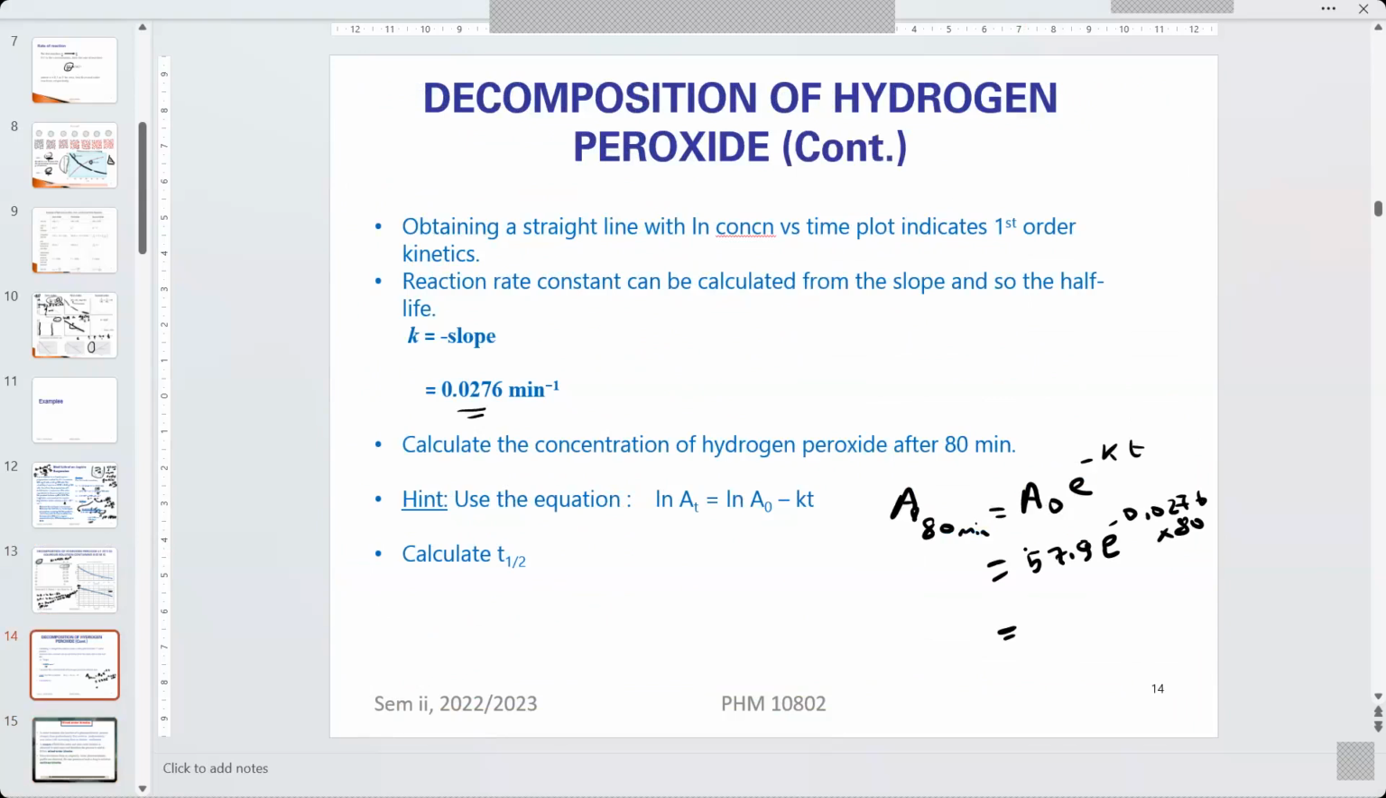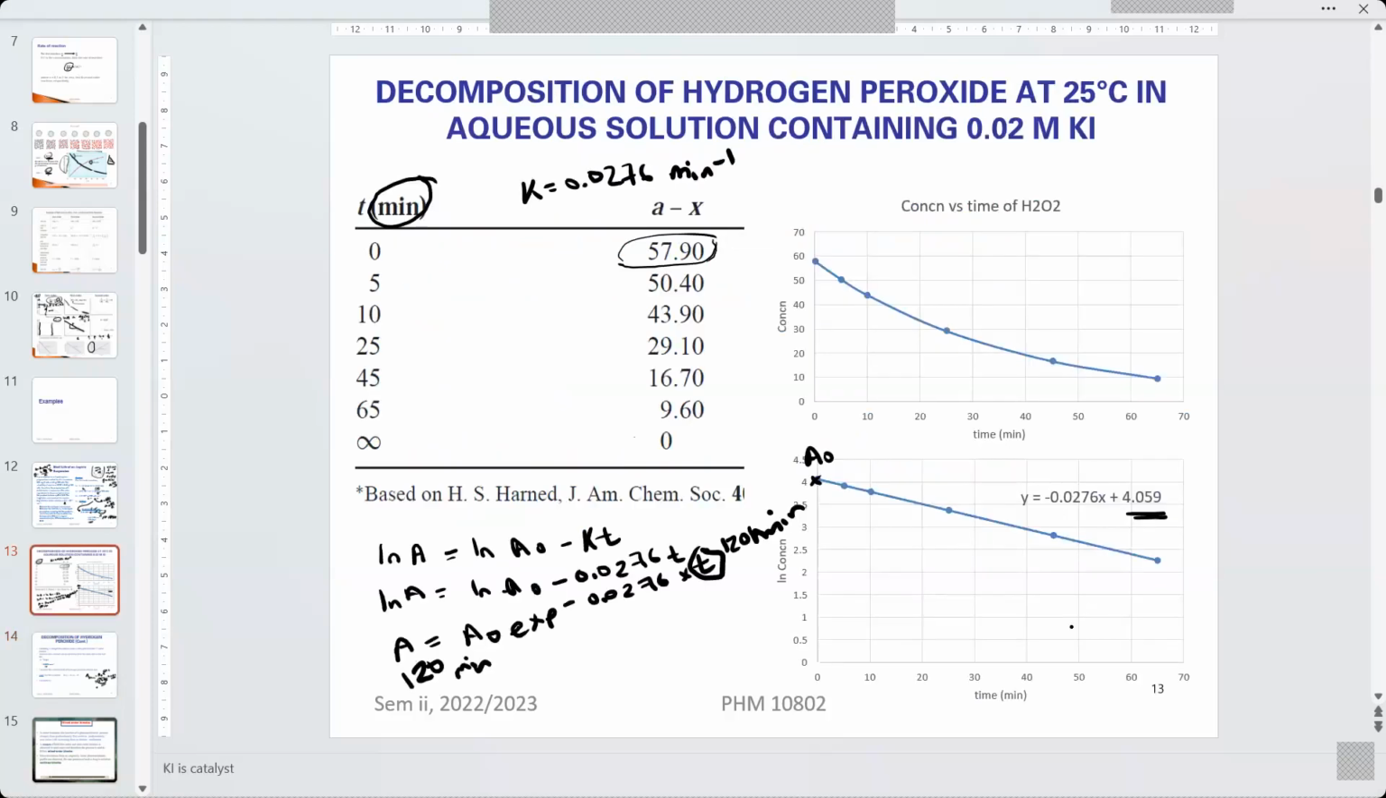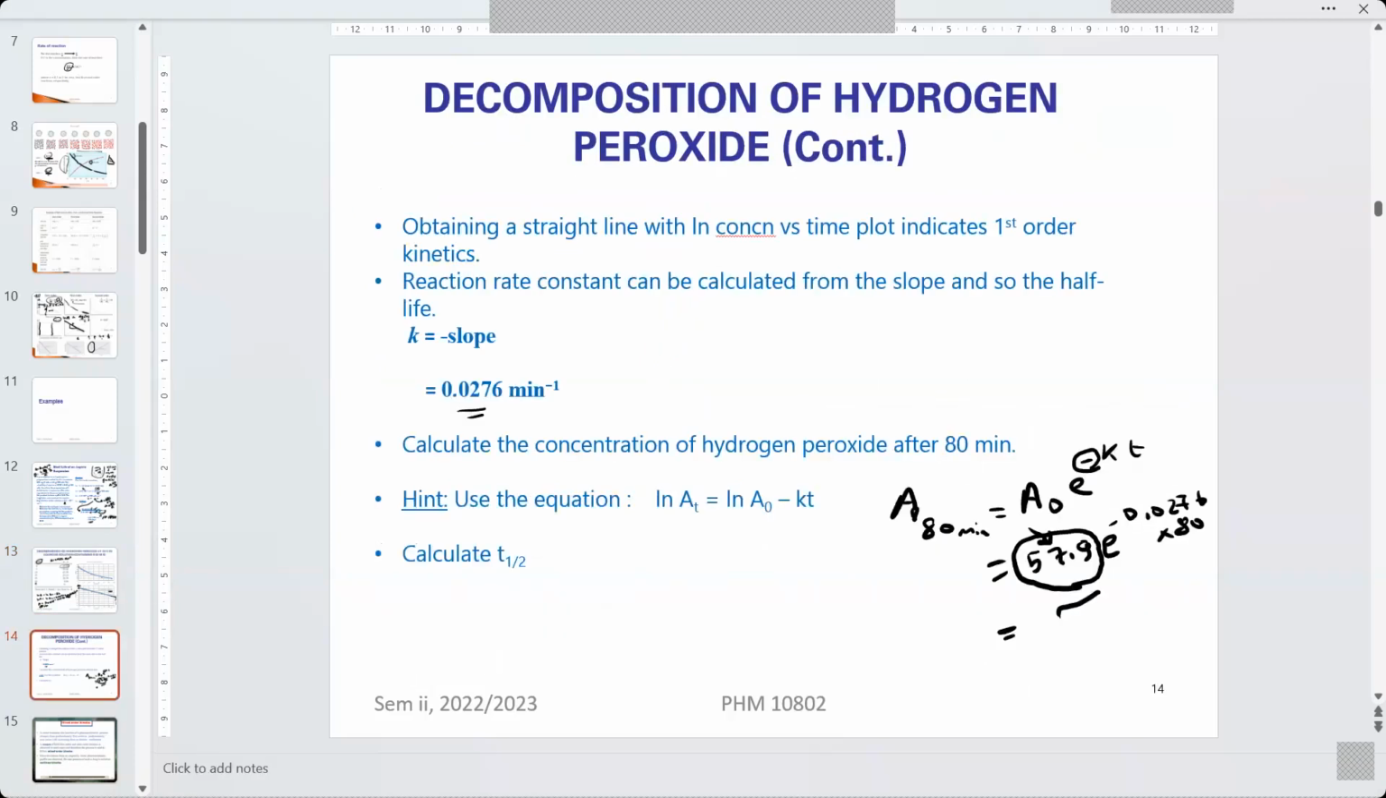Do you expect the concentration to be higher than 57.9 or lower than this amount? Should be higher or lower? Should be lower, because the concentration is decreasing with time, because the sign here is negative. Okay, so you get a smaller concentration. You cannot get it from this data because the data is only up to 65 minutes. So if you want to find the concentration at 80 minutes, either you extend your line up to 80 minutes, or you calculate it using the equation as I did here. Okay,